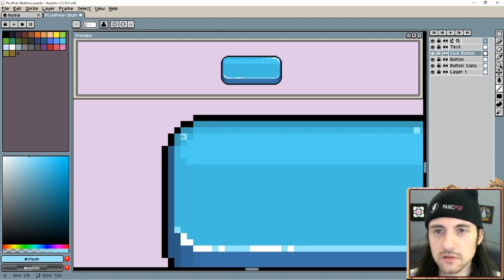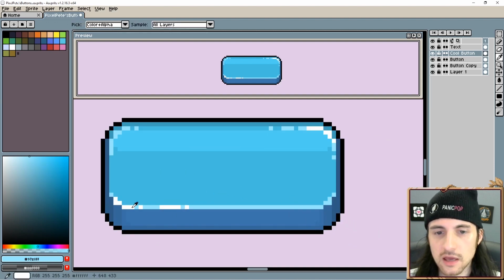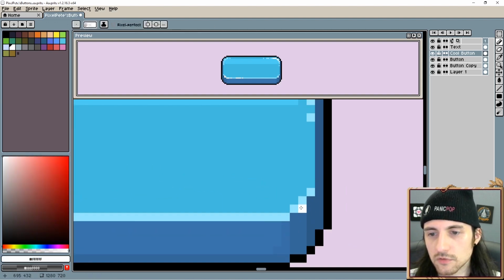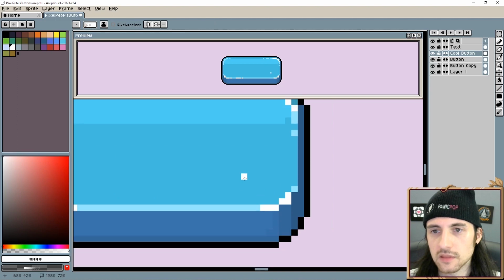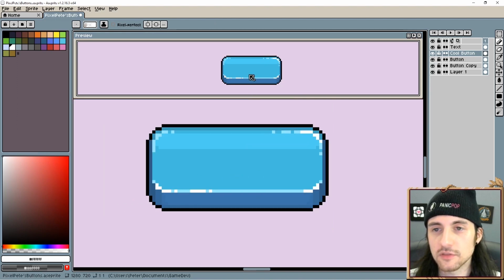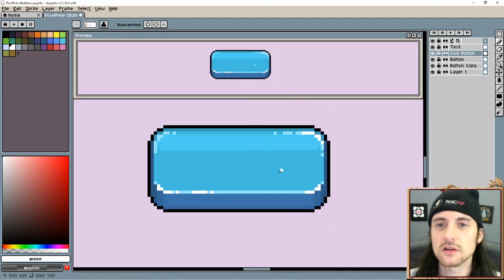I might want to even do a little bit of that in this corner. Let me just see what that looks like. Yeah, I think I like it, a little bit of that in that corner, and I think I'll do a little bit of a white highlight down here in this corner as well. Maybe something like that. And now the button looks nice and reflective, and it's just that little extra that makes